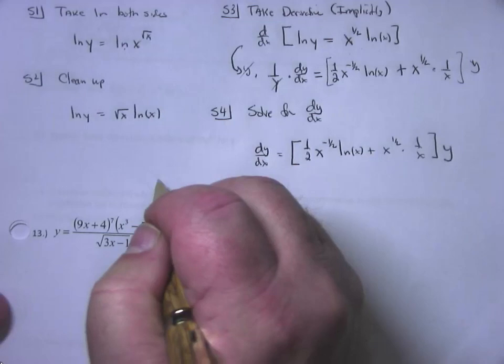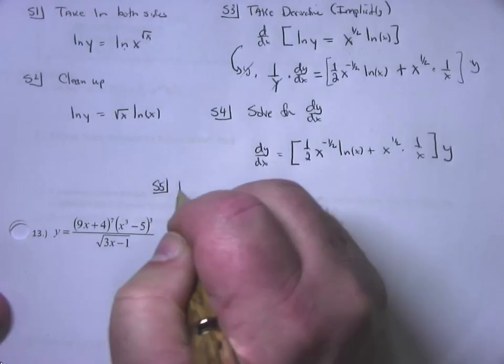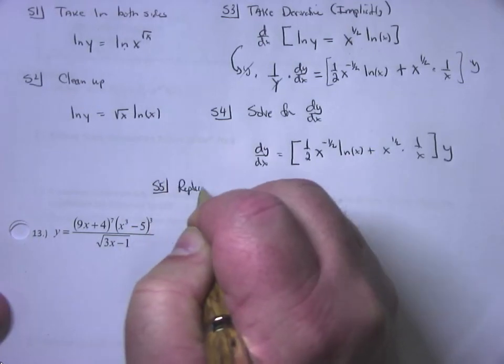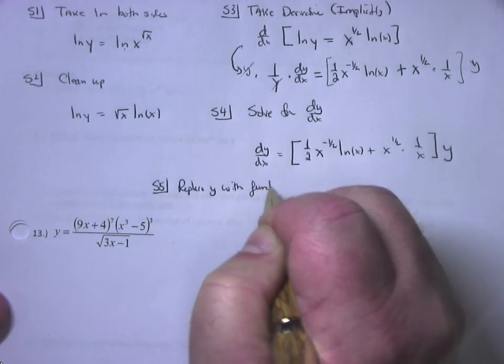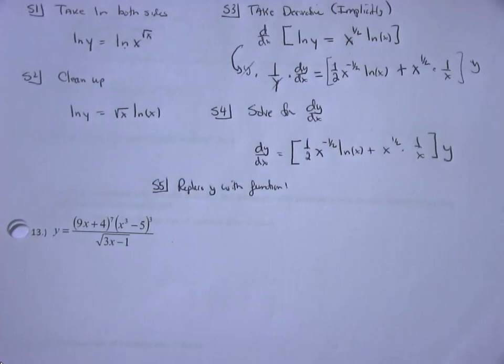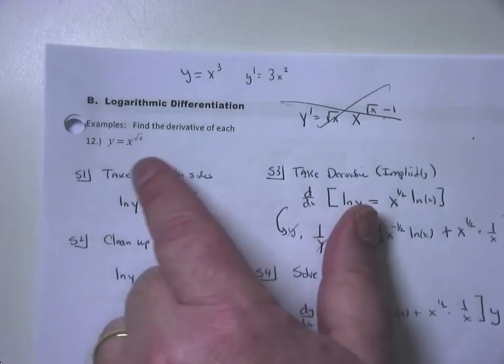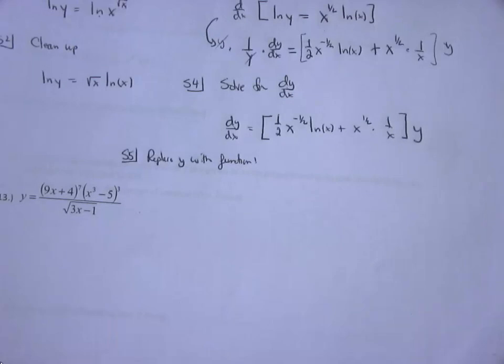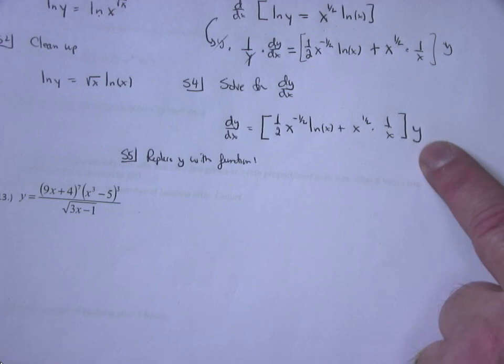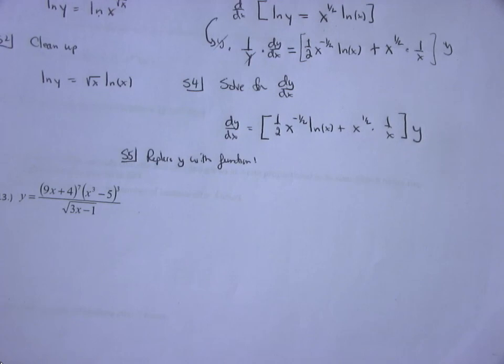And then you got step number 5. Replace y with the original function. For you see, the original problem had an x in it. The original problem was x raised to the square root of x. Well, if the original problem has an x in it and only an x in it, well then the derivative can only have x's in it, not this y thing here. So I'm going to replace y with what it's equal to, the original function, x raised to the square